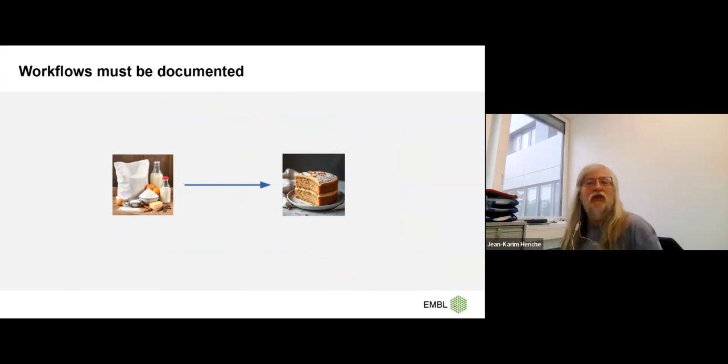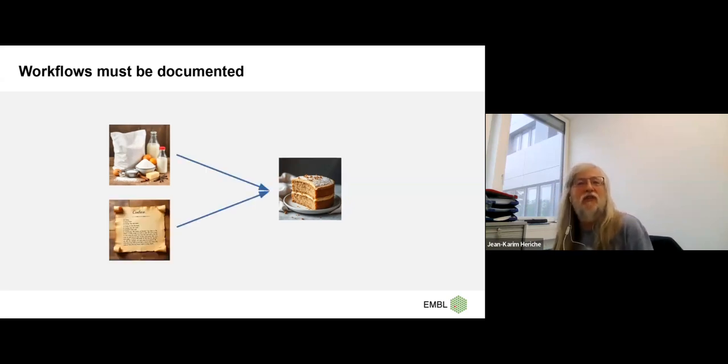So if we go back to the kitchen analogy, you have some data that you want to process to generate a result. So the data will be your ingredients, and the result, the output, will be this cake. But having the list of ingredients, however detailed it is, is just not enough to make the cake. What you actually need is a recipe that tells you